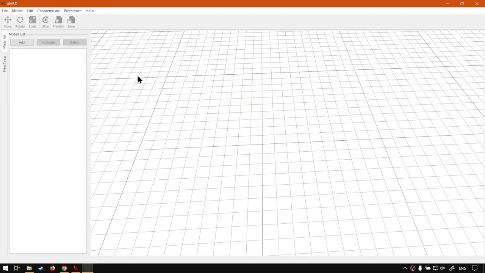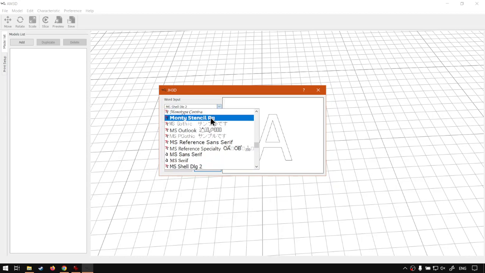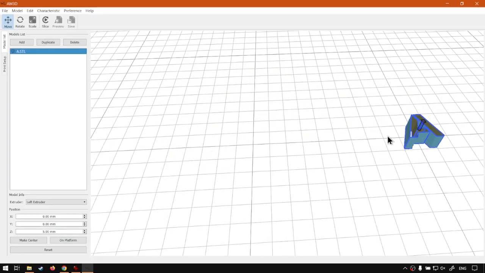So now in today's program, or rather should I say feature, we're going to be looking at steps. Now in order to do that, I'm just going to add a quick model. Just make it a basic letter A, and then grab a nice big font. I'm going to take off the chamfer and height, and also the passivation. So it's just a nice, straightforward letter A that